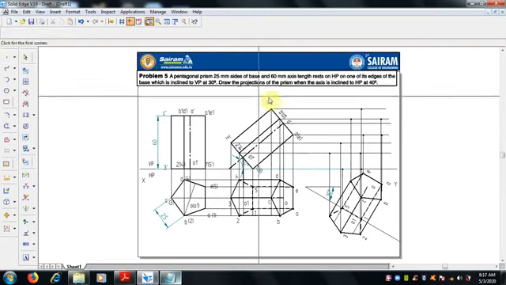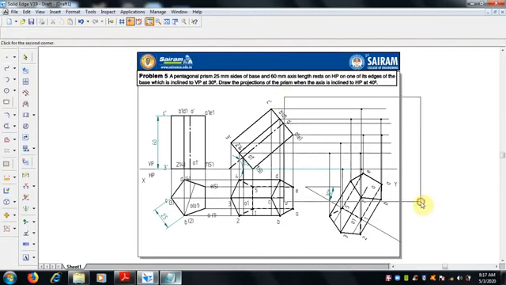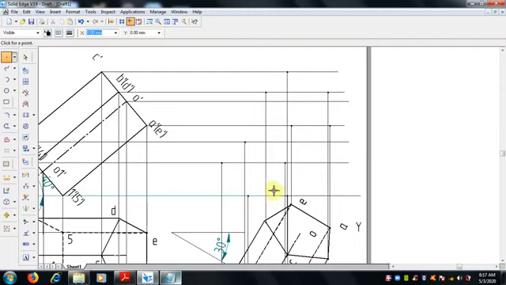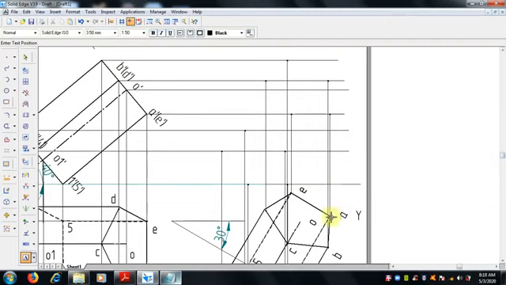Just go for the zoom option, select and zoom it now, and the numbers 1 2 3 4 you can also put. Anyhow we have to mention the numbers. So here this is A dash, A and A, B dash. Before joining all the lines, we have to confirm whether we are doing it correctly or not.